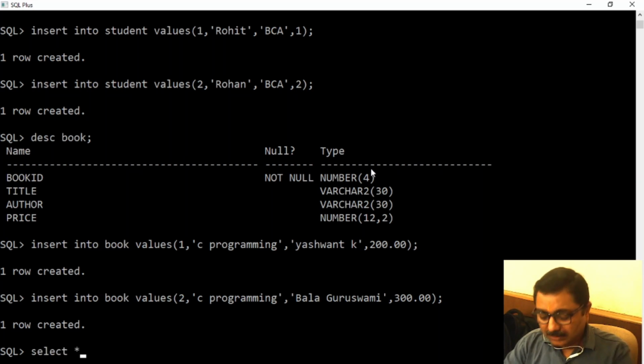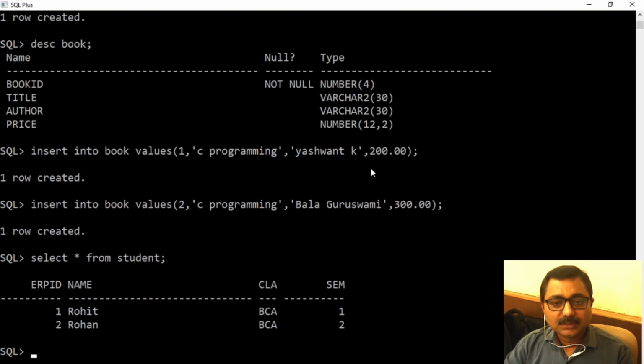Let's see. Select star from student. So this is the records of master table. We have ERP ID 1 and 2. That is the primary key of this table, ERP ID. Second, the records from second master table is select star from book.